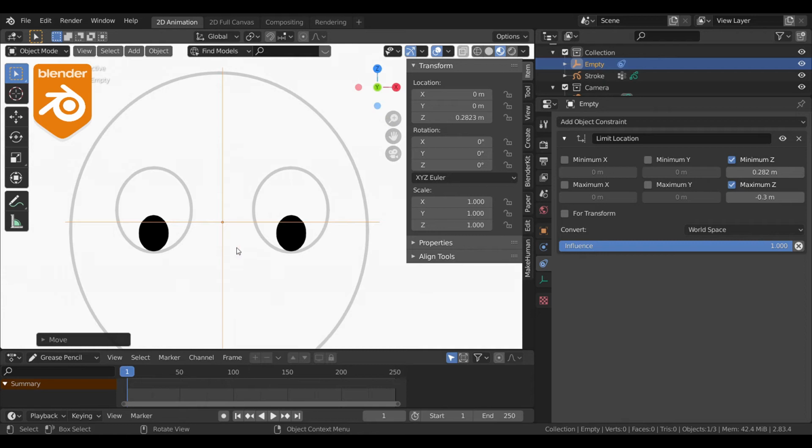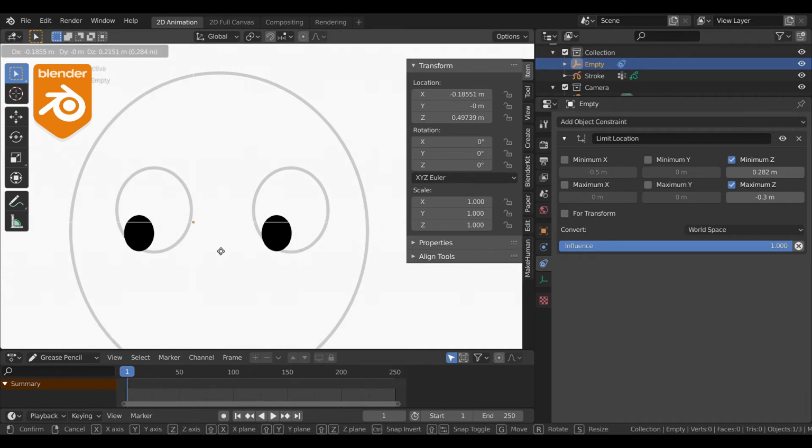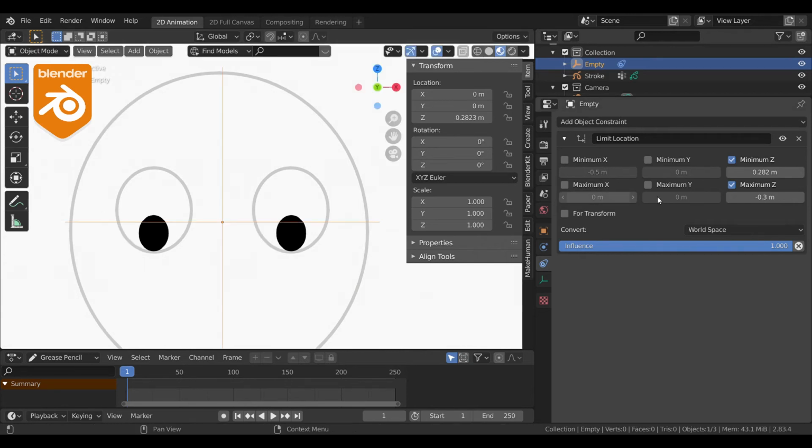The same way I am doing it for the x limit locations. So now we cannot move it more than that value.